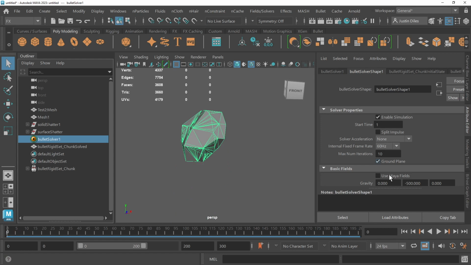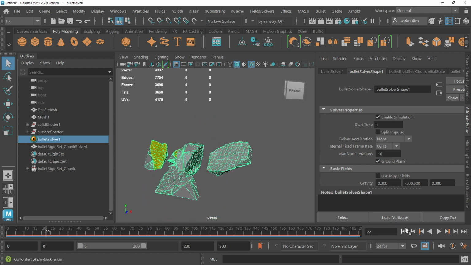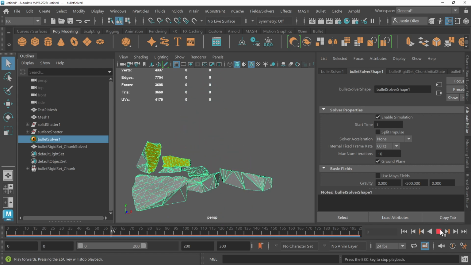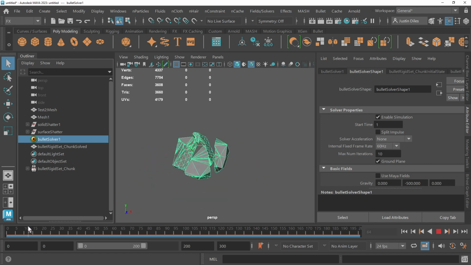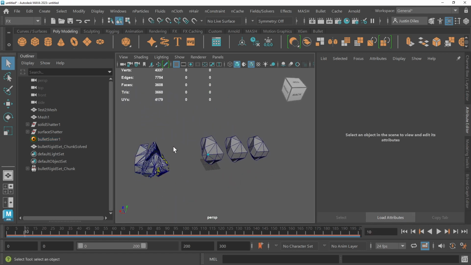And now if we use ground plane, boom, you can see that they actually fall on an imaginary ground plane here, and they kind of tumble around. That's kind of fun. When you stop the playback, you can go back and they're going in reverse, kind of flying up. But if there's some shape or state of this that you like, you can